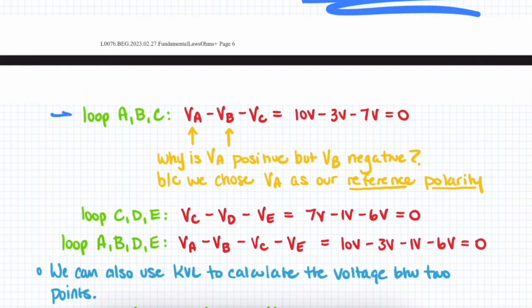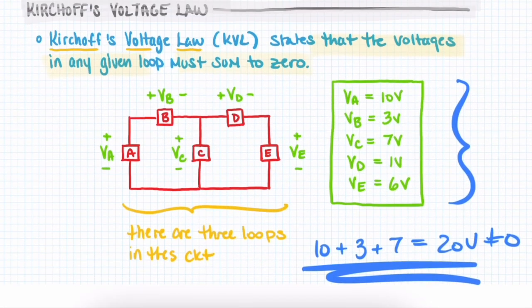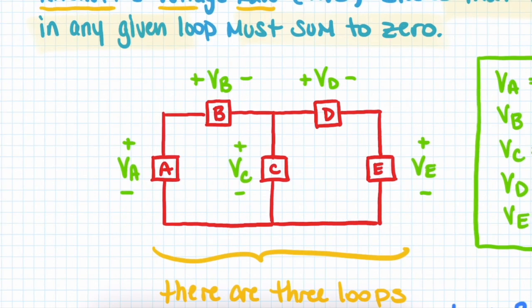So this is the proper way to analyze that loop ABC. VA minus VB minus VC. But that brings up the question, why is VA positive but VB is negative and VC is negative? And the reason for that is because we chose VA as our reference polarity. What does that mean? Now, as we go in a loop,